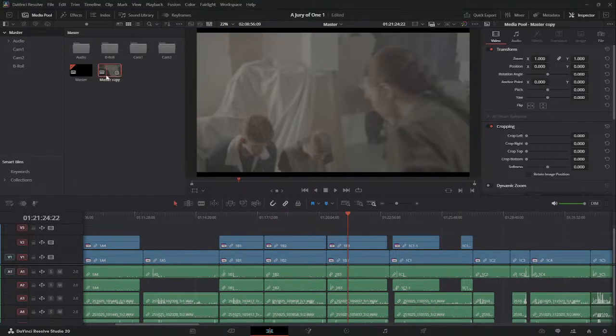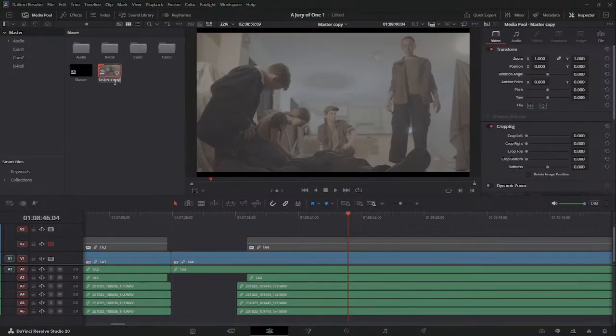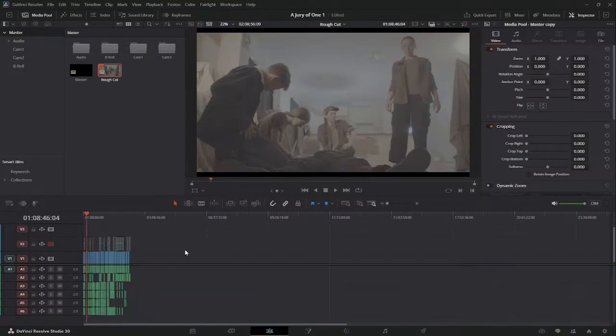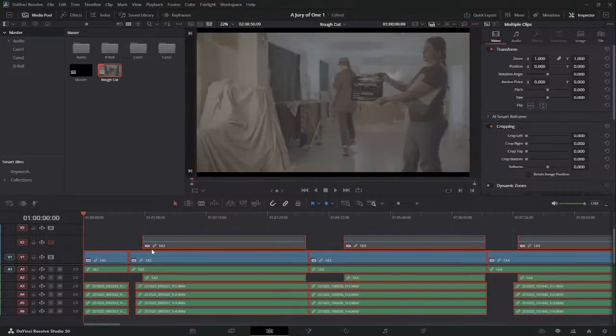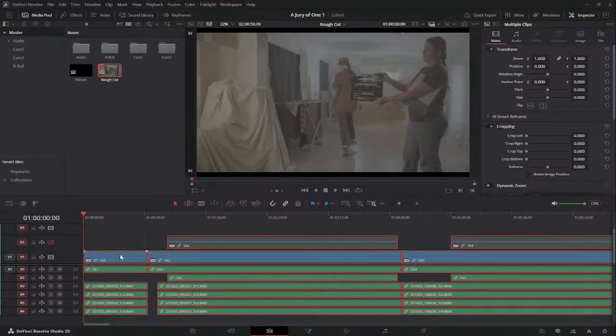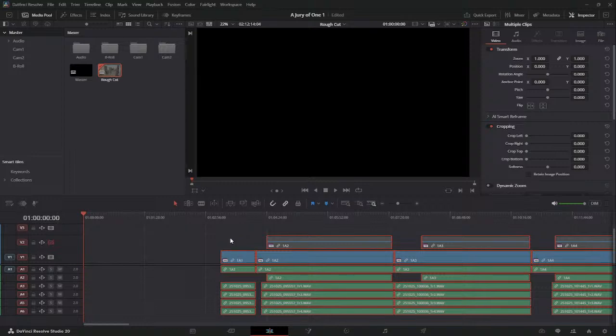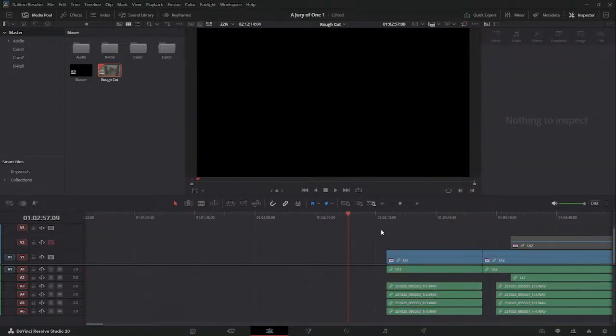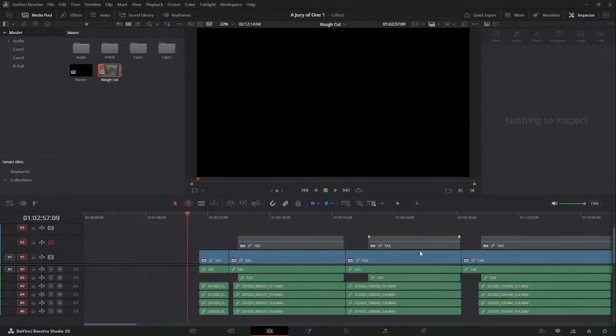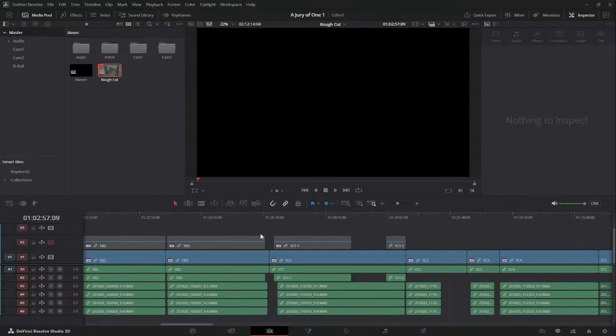Now what I've done is created a master copy, which I'm going to rename to Rough Cut. And using this one, we're going to start actually putting this together in the correct order. So let's do this. We're going to start by bringing things out a little bit. So probably 2 minutes is plenty. That's 3 minutes basically. And I know that I want to start with,